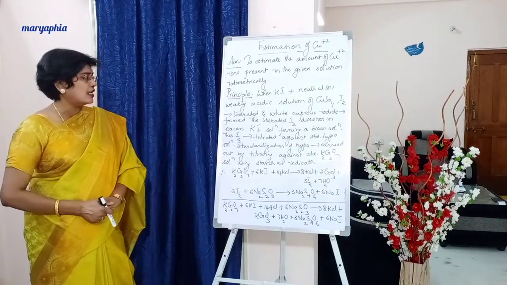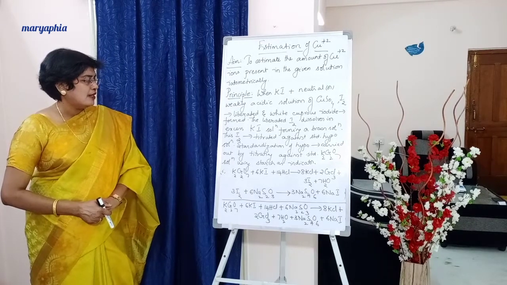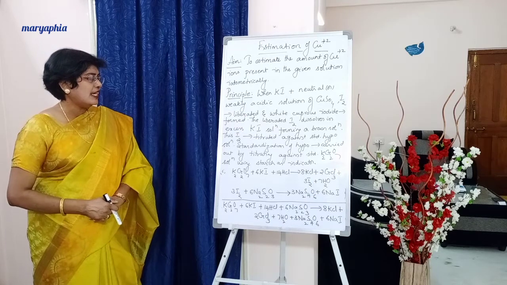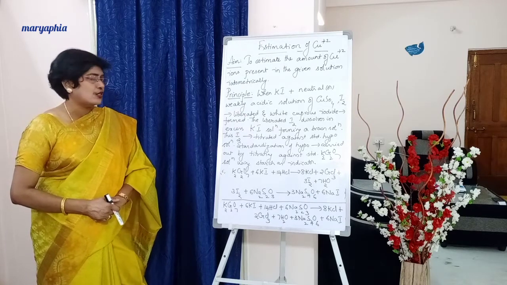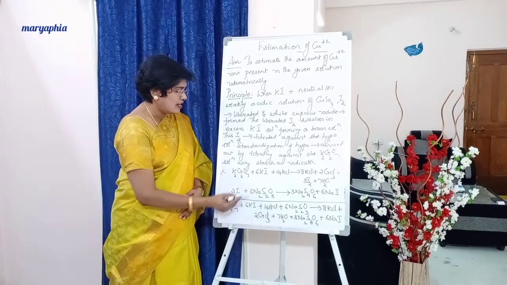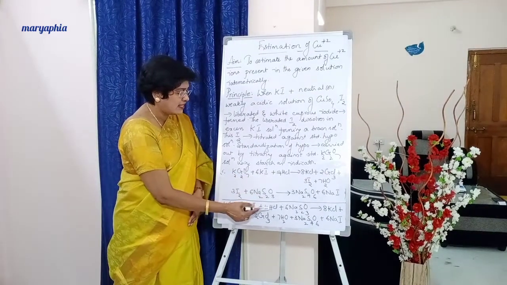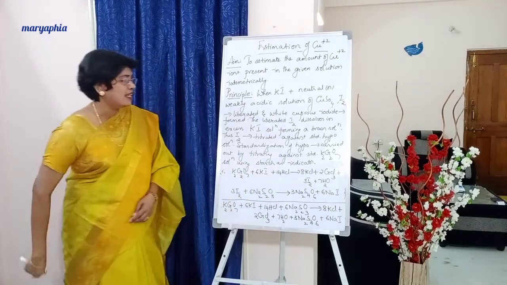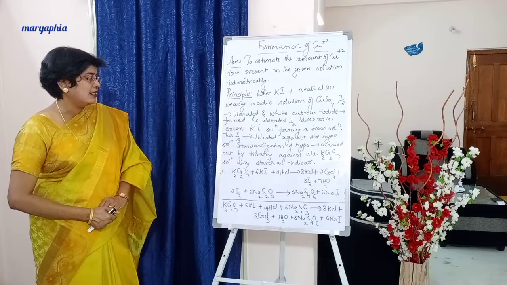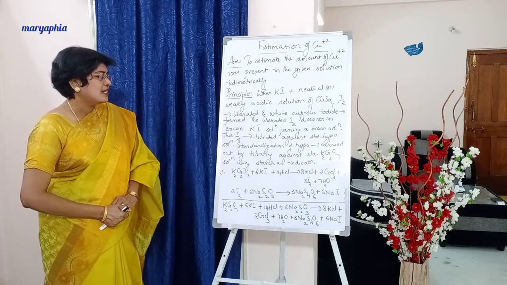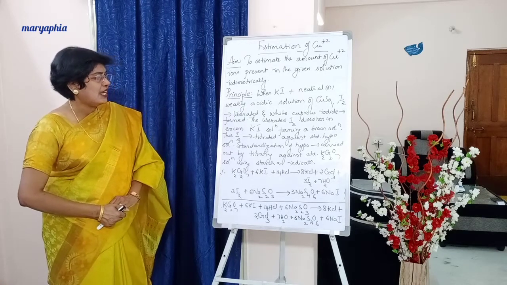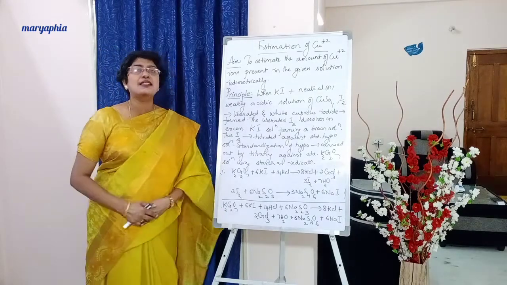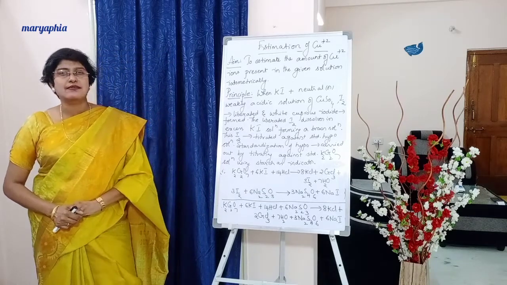Write down K2Cr2O7 plus 6KI plus 14 HCl plus 6 Na2S2O3. Left side, K2Cr2O7 plus 6KI plus 14 HCl plus 6 Na2S2O3. 3I2 gets cancelled. Gives rise to 8 KCl plus 2 CrCl3 plus 7 H2O plus 3 Na2S4O6 plus 6 NaI. Till here is the first set of reactions.